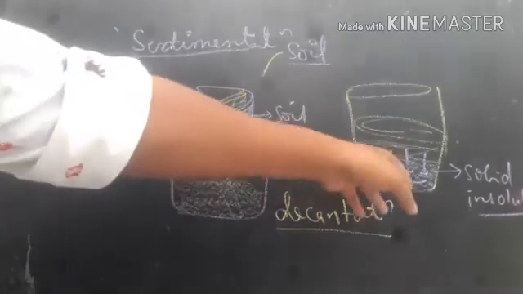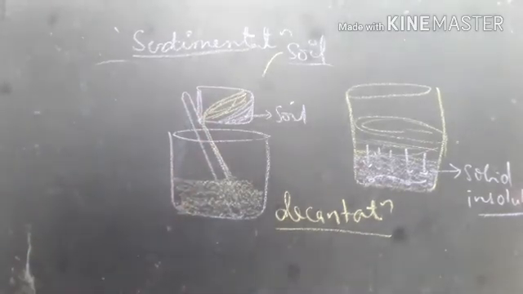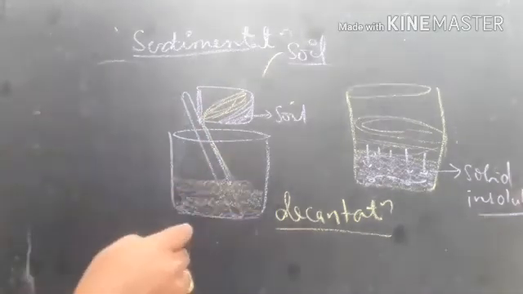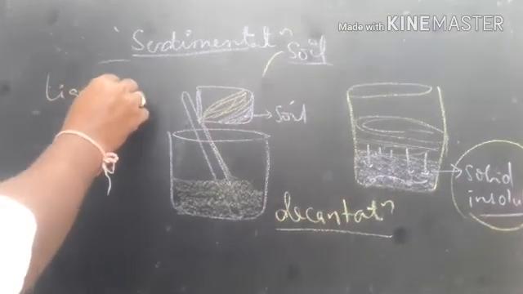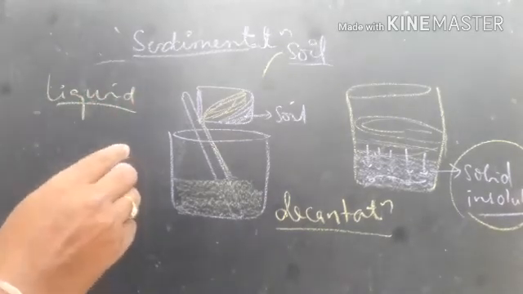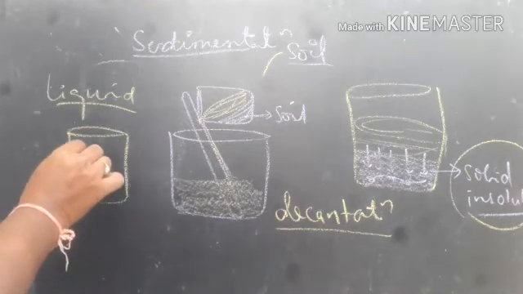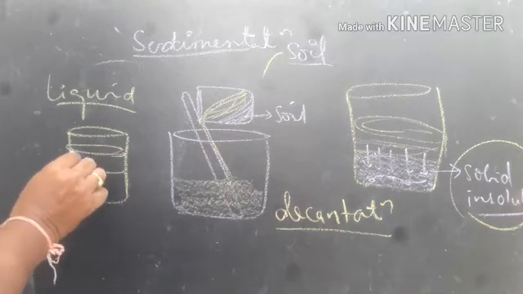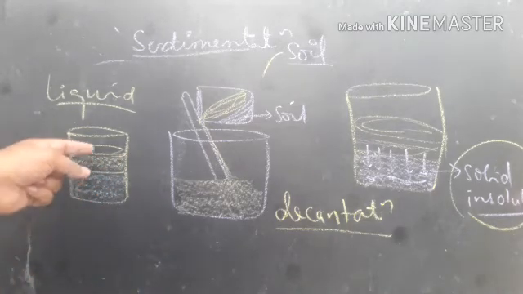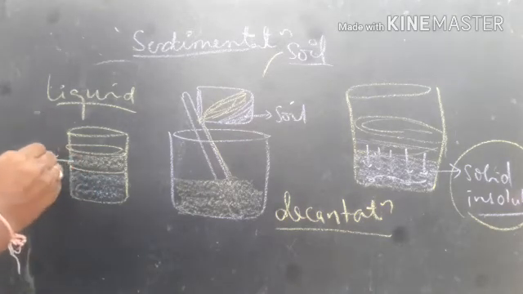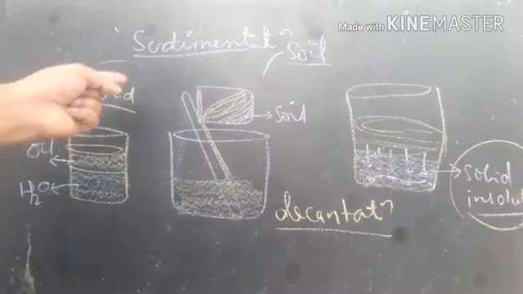By sedimentation we allowed the particles to settle down, and by decantation simply we removed the top layer of the water. And here remember, the solid should be insoluble, and it can be done for a liquid mixture also. That too, the liquid mixture should be an immiscible mixture. For example, water and oil. So oil floats on the water, and this is the water layer. So simply we are able to remove the oil, this is oil and this is water. We can separate them easily by the decantation method.